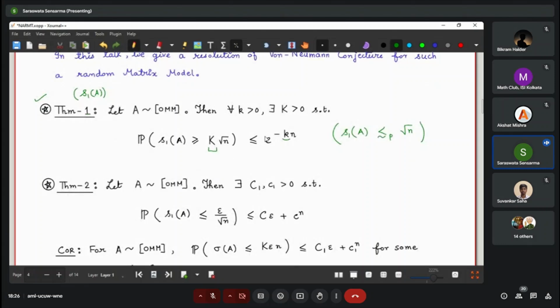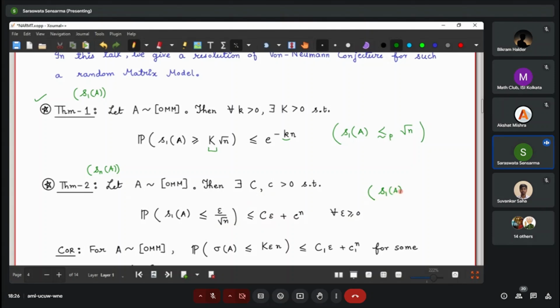Similarly, we have a bound for the smallest singular value, which is here. So let's say A is from our matrix model. Then there exist constants capital C and small c, such that for all epsilon positive, this is not exactly an exponential bound. It's a combination of a linear bound and an exponential bound, but the message is the same, that with high probability